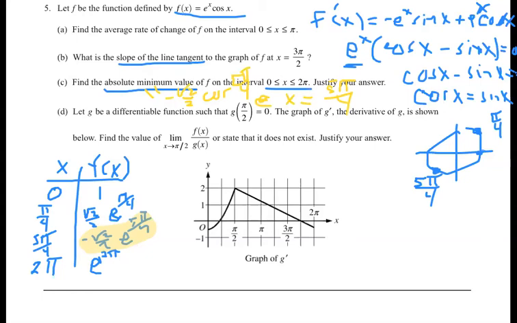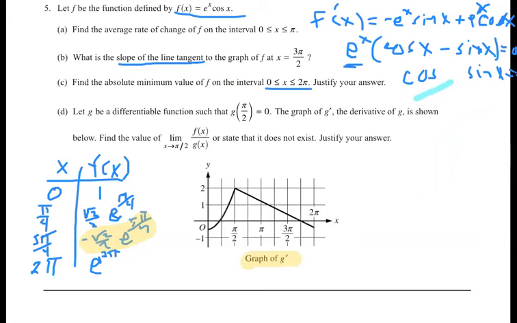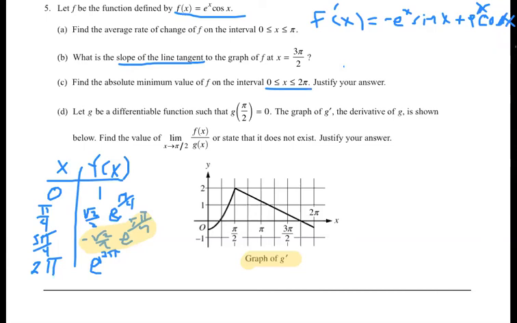Going on to the last one, part D, and I'm going to erase some of these. Part D says let g be the differentiable function, g of pi over 2 equals 0. And the graph of g prime, the derivative of g, is shown down here below. So this thing right here is the g prime graph. Find the value of the limit as x approaches pi over 2 of f of x over g of x. So I'm going to first of all plug that into the two functions. So I'm going to do pi over 2 first